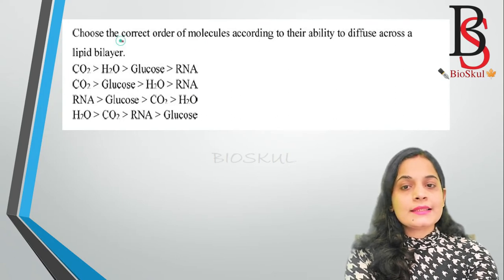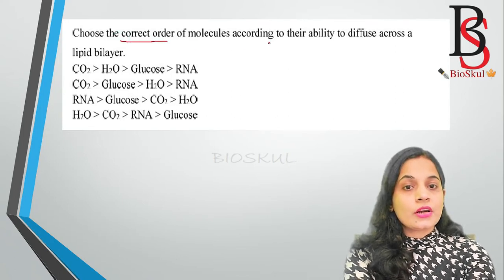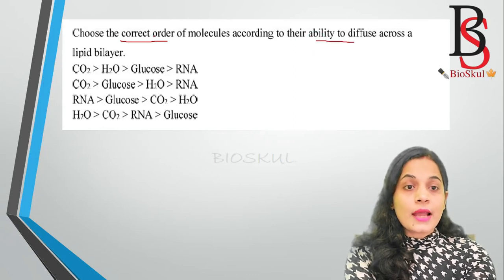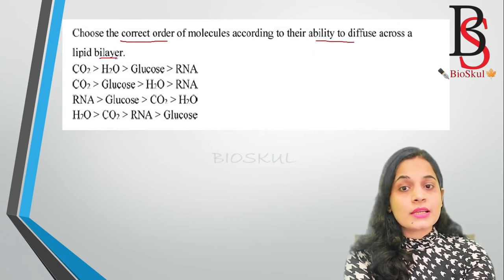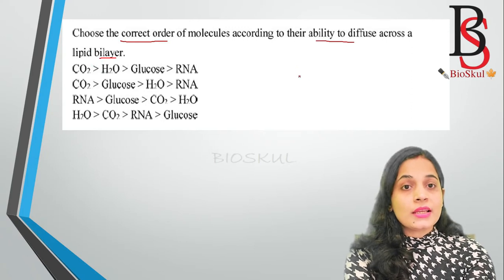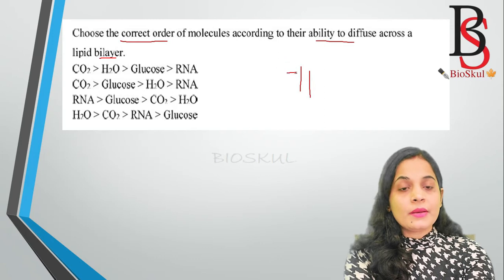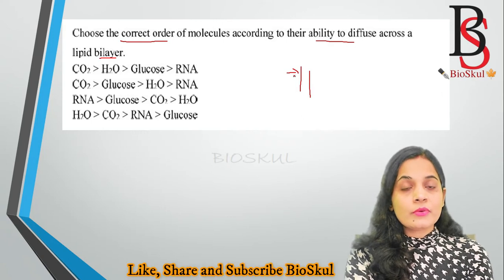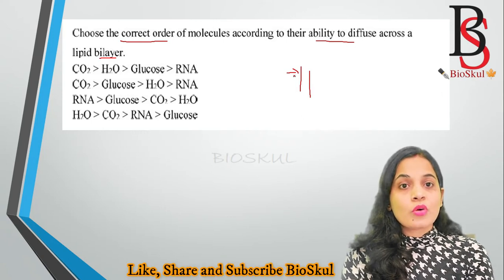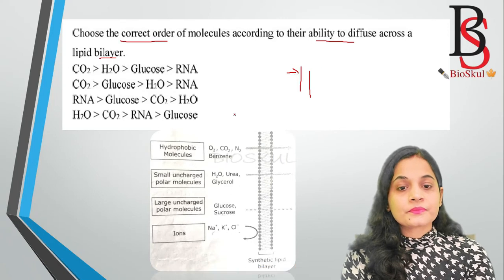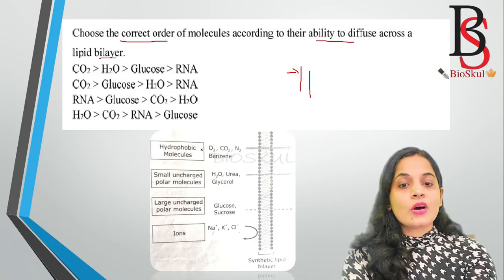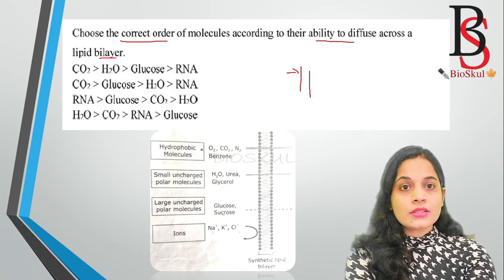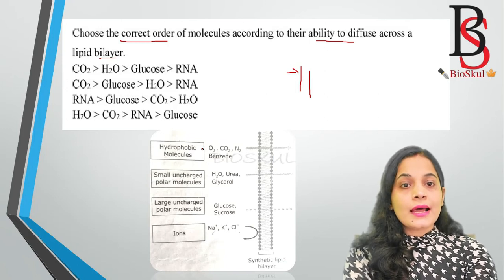Okay, let's see this question. Choose the correct order of molecules according to their ability to diffuse across a lipid bilayer. A lipid bilayer is a semi-permeable membrane, and through it, first gases will pass through, followed by the small uncharged polar molecules,